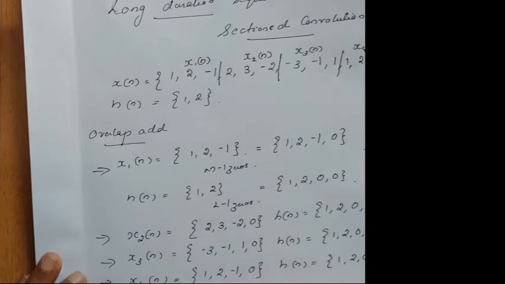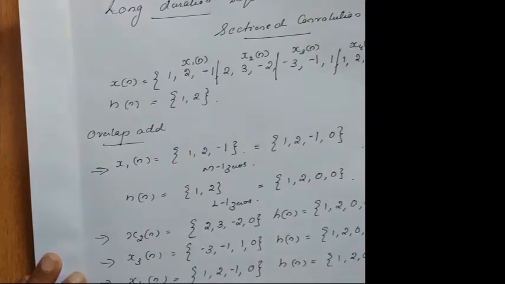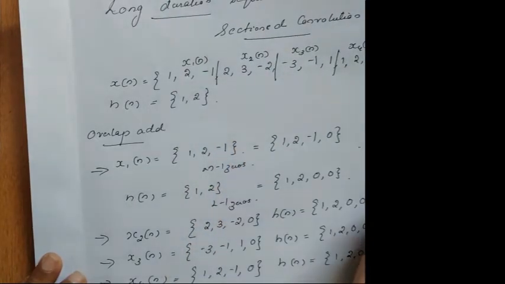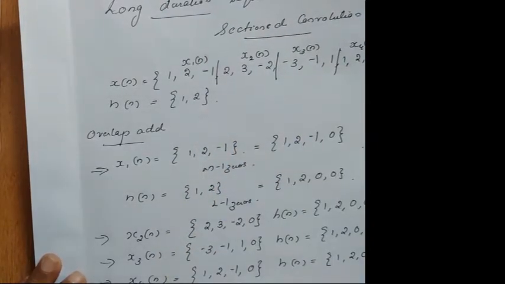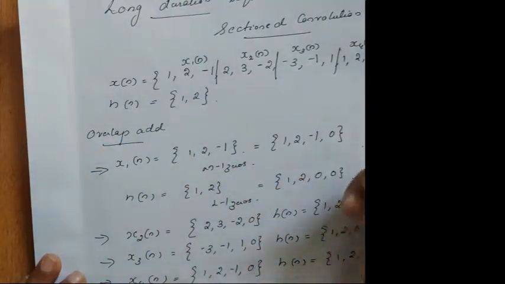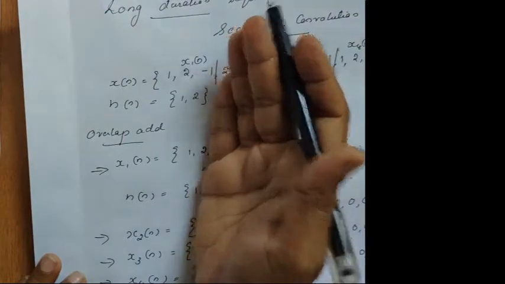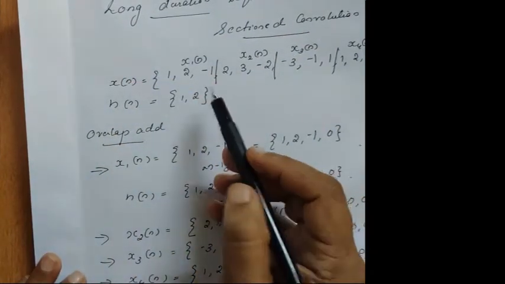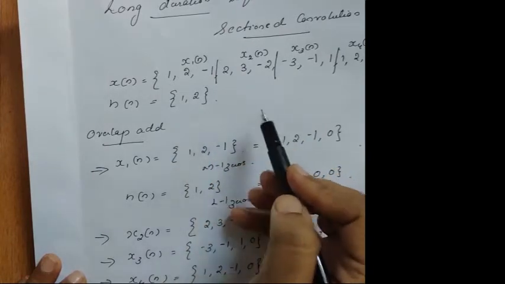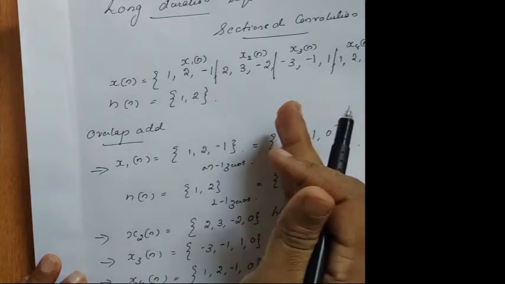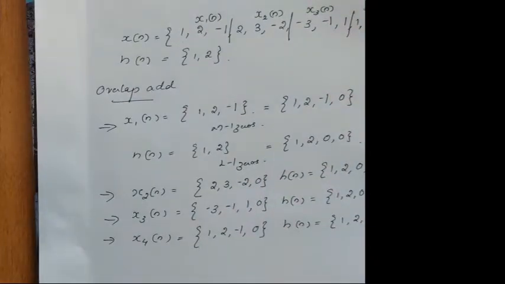Another sequence, x5 of n, if you're dividing like that. If you want to divide it by 4, you can divide it by 4, but don't go over 4. That will give you a bigger matrix, so you won't be able to do it. So you have to reduce the section into smaller sections. And then you have to add L minus 1 and M minus 1 zeros, which will help us to do the matrix convolution.